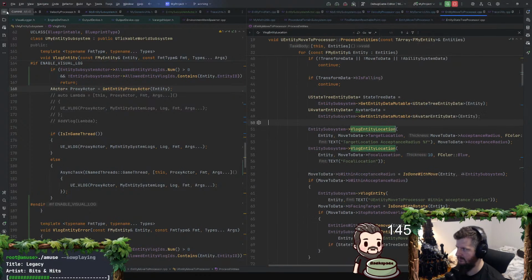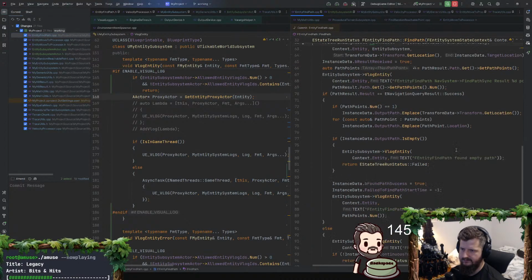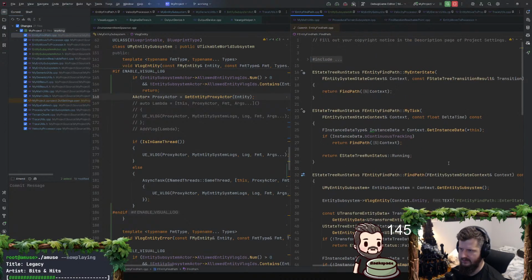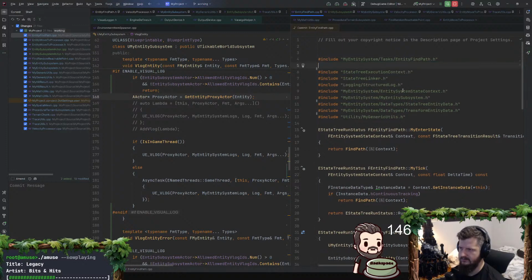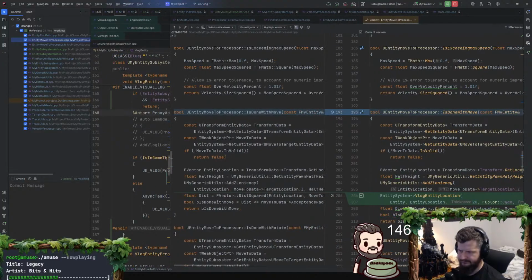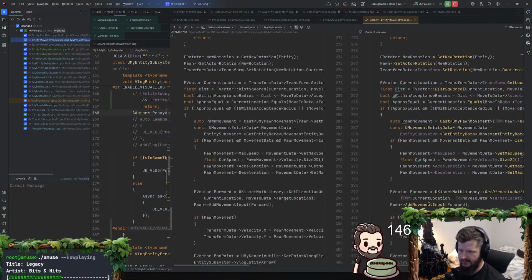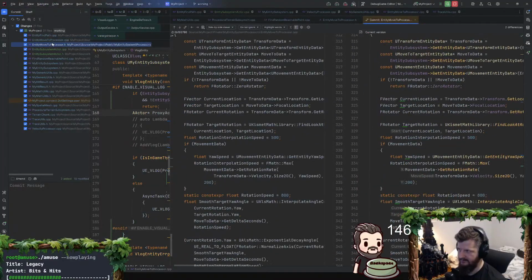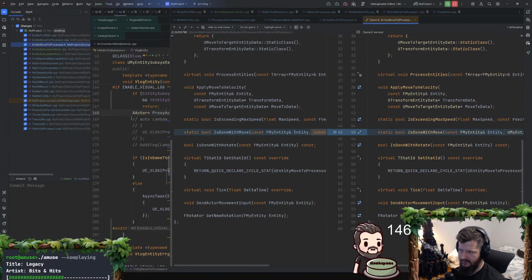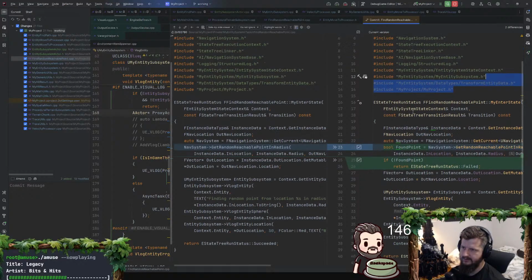Man, it's kind of a big commit here. 21 files. Yes. Entity find path. What did I change here? I just got rid of some imports. Okay. Is done with move. Yeah, I guess that's just not const anymore. That's fine, we'll keep that there for future reference. I don't know, I kind of want to undo that because it's not really useful anymore at all.